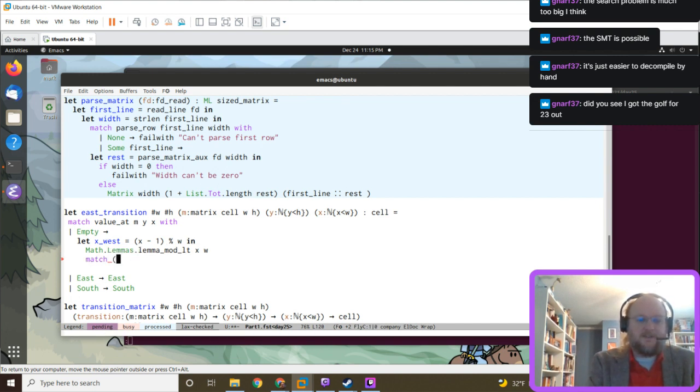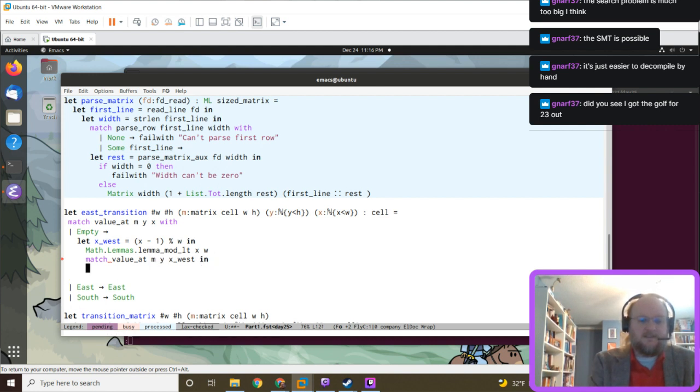So match value at my x west. Wrap parentheses around all this.